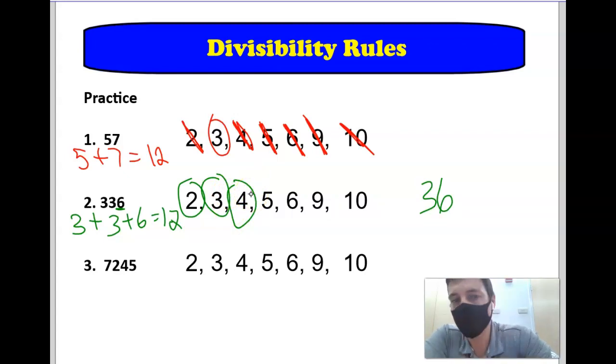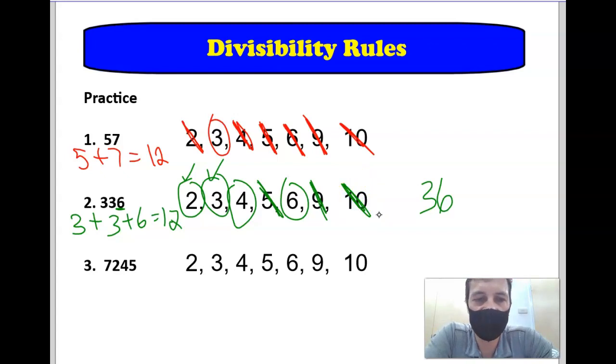Divisible by 5? No way, because it doesn't end in 5 or 0. Is it divisible by 6? Absolutely it is, because 2 and 3 work. That means 6 works. Divisible by 9? Nope, because we saw the sum of those digits was 12, and 9 doesn't divide evenly into 12. And 10 also doesn't work because it doesn't end in a 0. Last number,